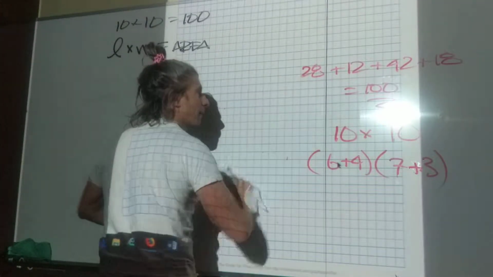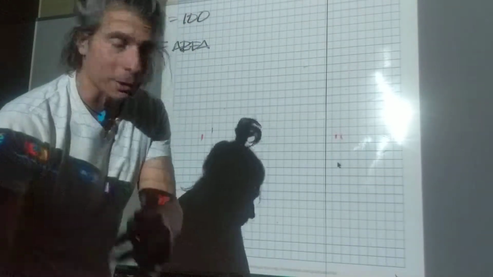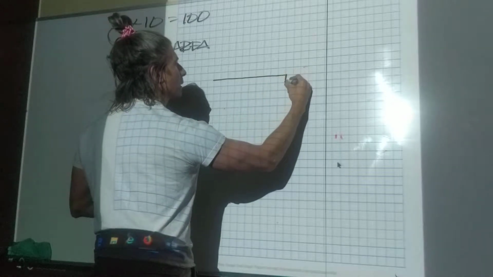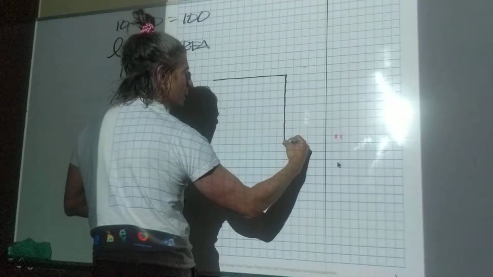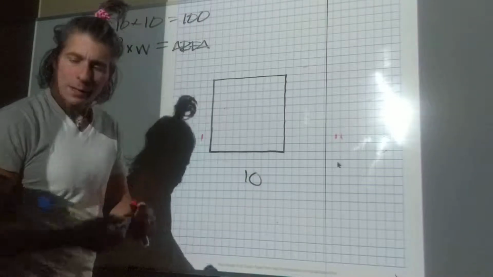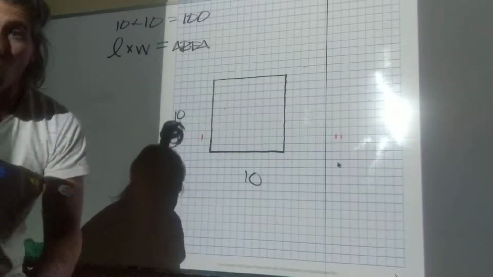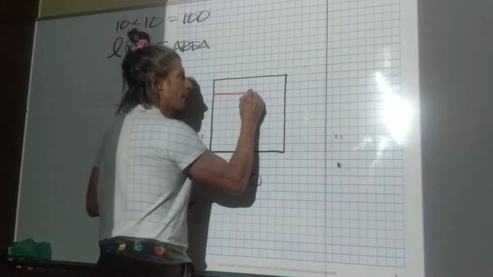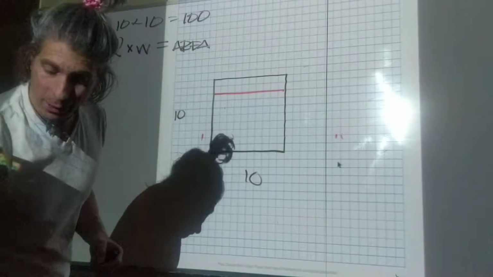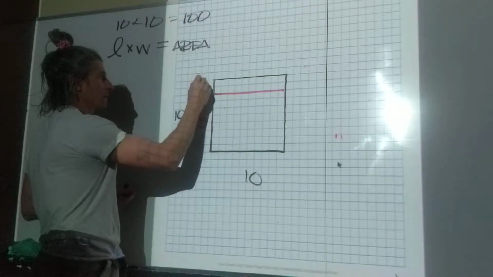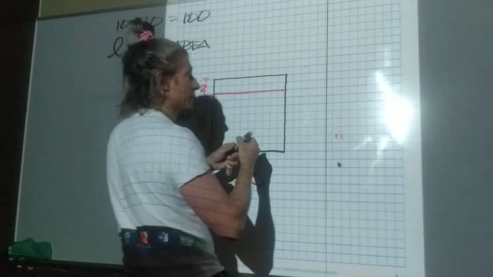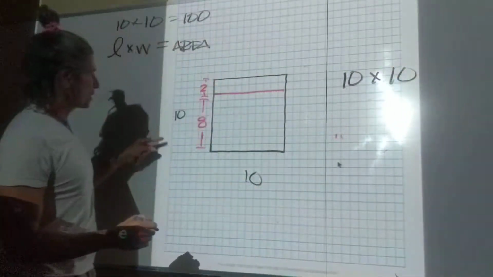looking at it. Same square for starters. So 10 by 10, still 10. This time, let me make it even simpler and just draw one line, I don't know, this way. Okay, so that makes, this is still 10 down here, but now this one here is 2 by 8. It's 2 here and 8 here. So it's the same logic. The area of the square is still 10 times 10. It's just that you can write this 10